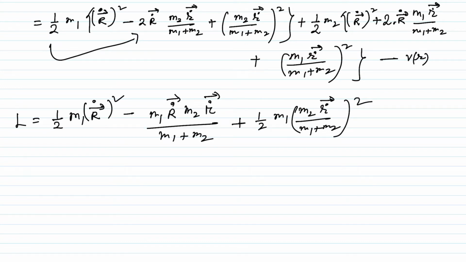Then from the remaining part we will get plus half m2 r dot vector square plus,